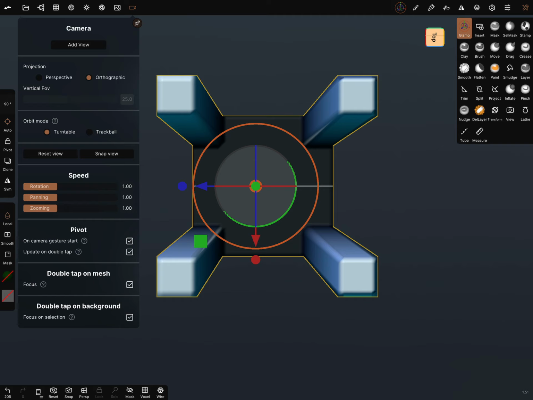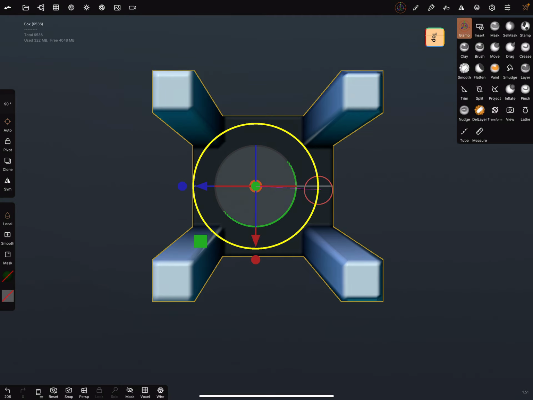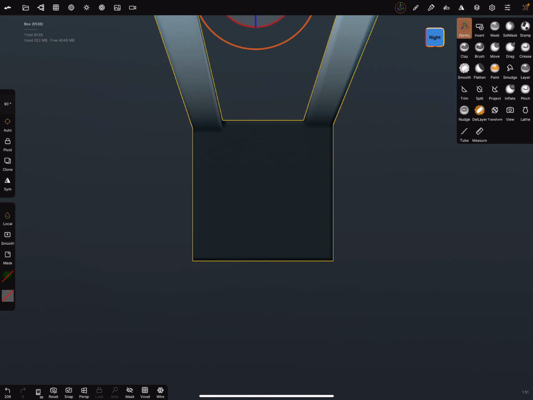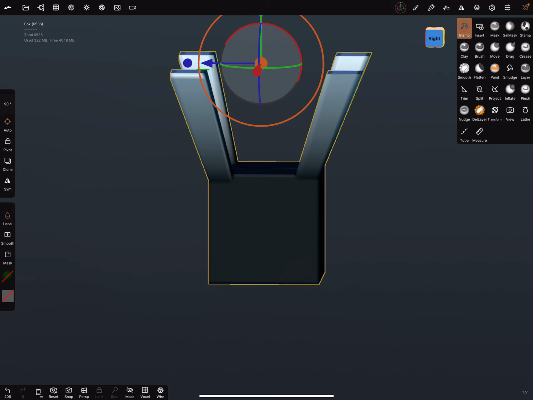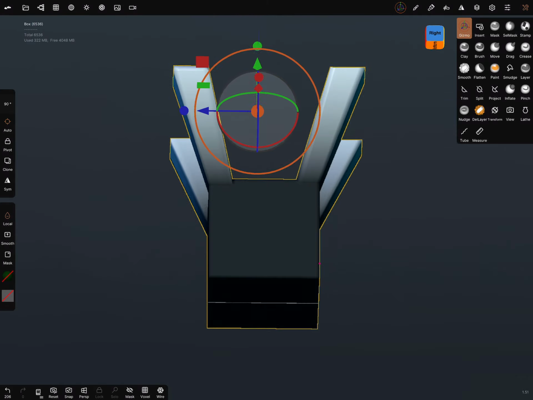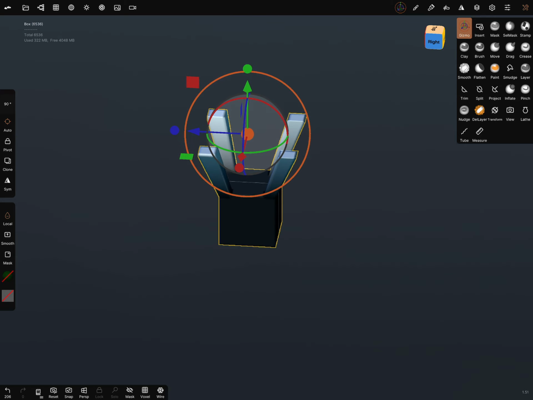I'm not sure why the gizmo is not really in the middle. I don't know why the gizmo is not exactly, because you understand what I'm doing.